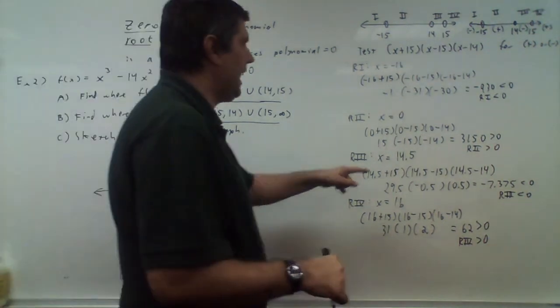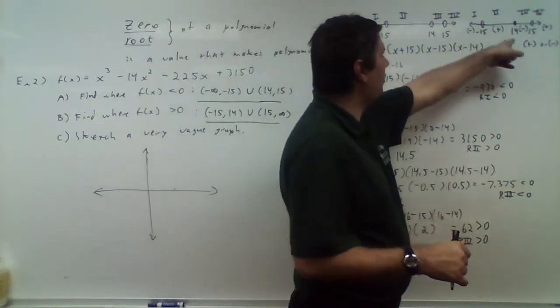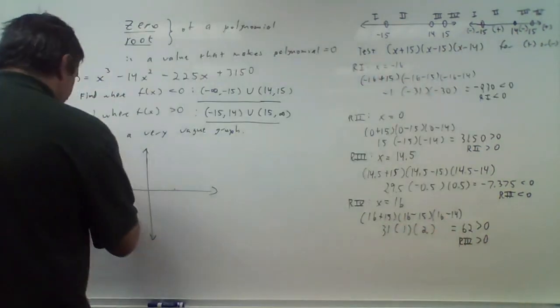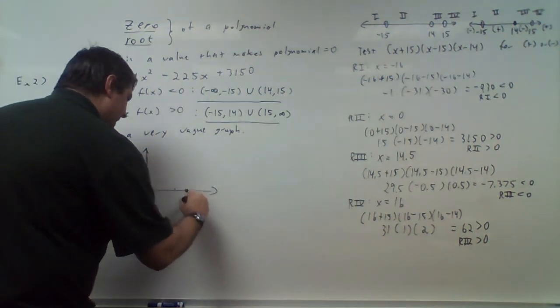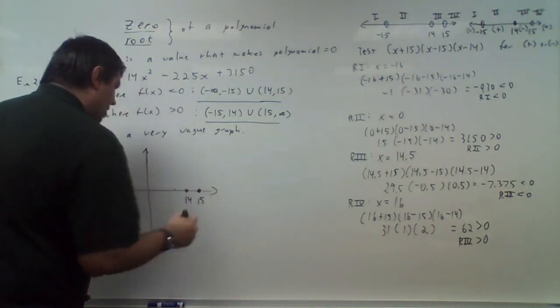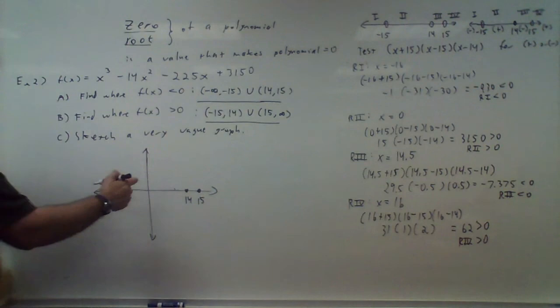The x-intercepts are going to be at the zeros, which happens at negative 15, 14, and 15. Negative 15, 14, and 15. Don't worry about making sure it's to scale unless you're provided a grid with the hash marks on it. Okay, now,